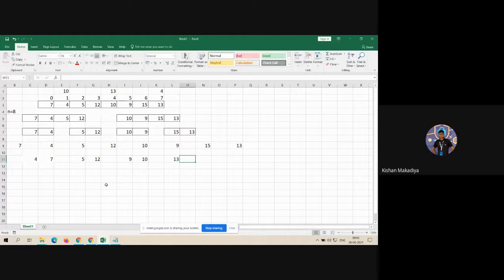Last, 13 and 15, merged again. Now two elements are merging: 4, 5, 7, 12, and 9, 10, 13, 15. Now merge again: 4, 5, 7, 9, 10, 12, 13, 15. So this is the complete merge sort.